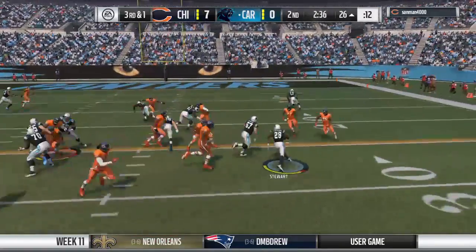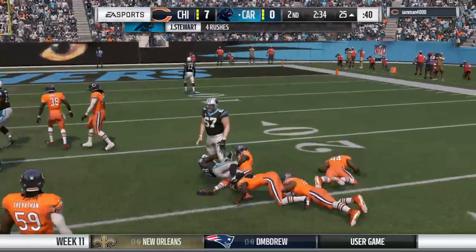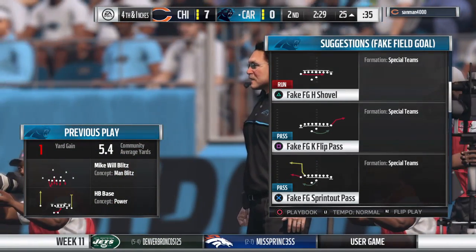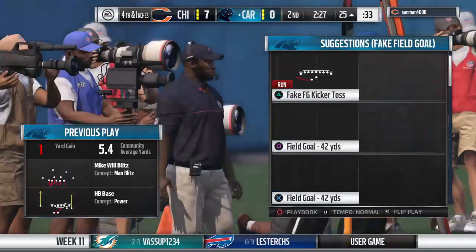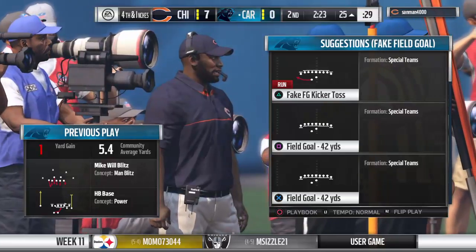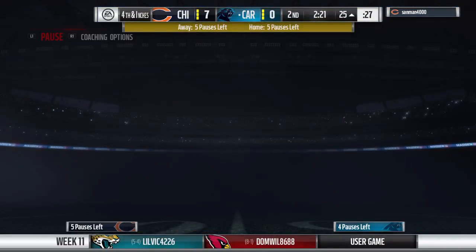They'll try and run it. Here's Stewart. Give him a yard on the play, and he's definitely short. It'll be 4th down and a few inches. After watching that play and result, I go back to when we sat with the offensive coordinator, Brandon, before the game and said, how are you going to move the ball running it against the...